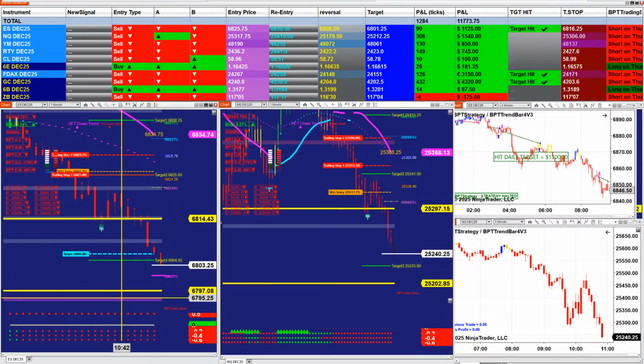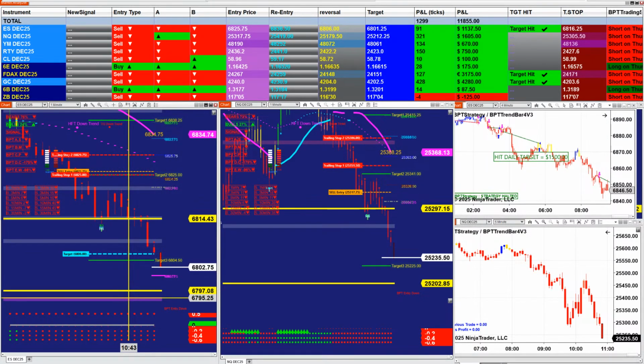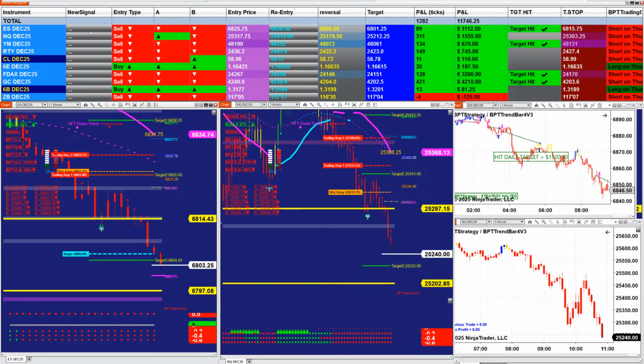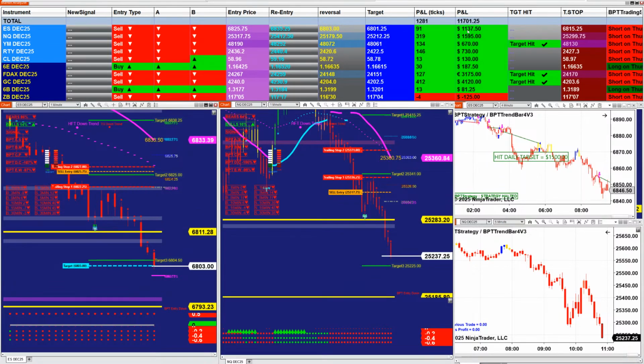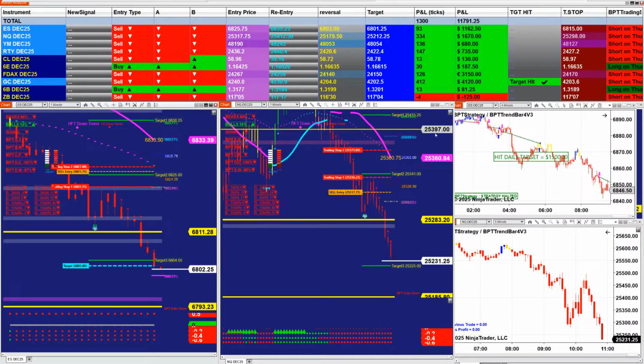So there is a potential for this ES to go all the way down to the 6795. As you see, right now, whoever followed the signals from the market analyzer, even if late, we called the trades before the market analyzer. Whoever followed the market analyzer based on the signal we came here already made 1,100 on the ES based on one contract. And whoever followed the signal from the market analyzer made 1,700 based on one contract, and $700 based on one contract on the